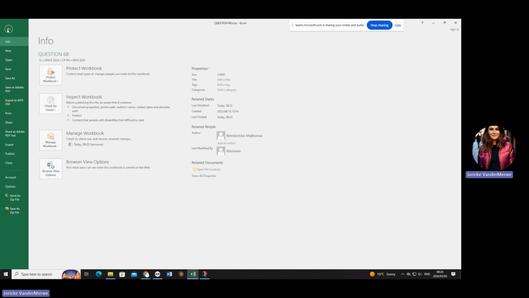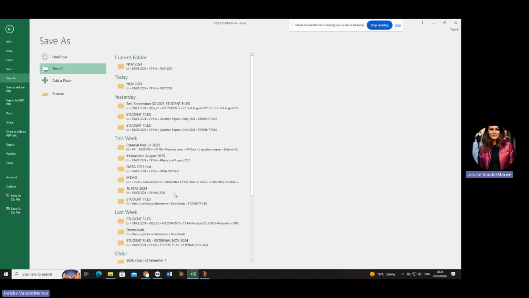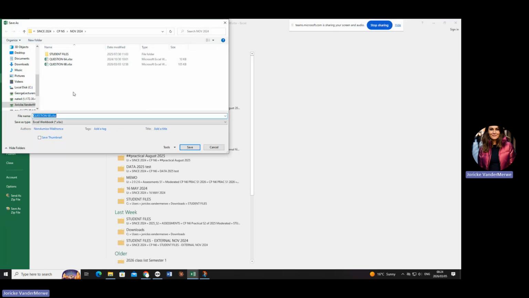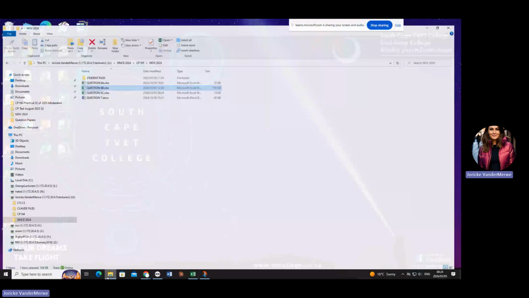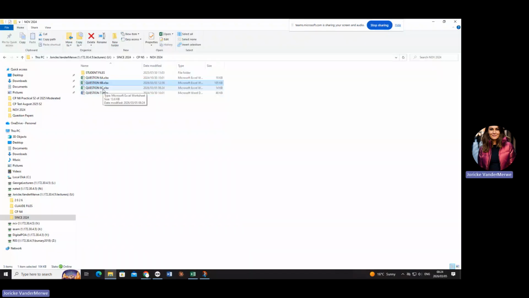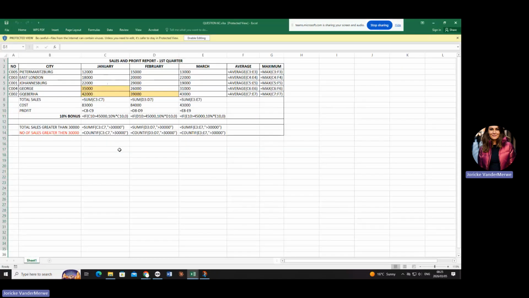So let's quickly say save as. We're going to save this in our folder as question C. And then I'm going to close this up because I want to show you what you're going to do in number D: you are going to open that again. You're going to open up C, and I see our time is little, so I'm going to stop here and go on with graphs in the next section.